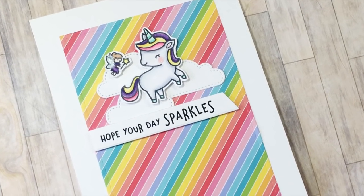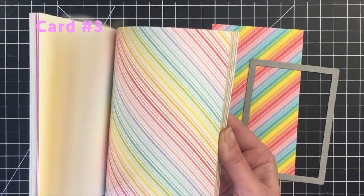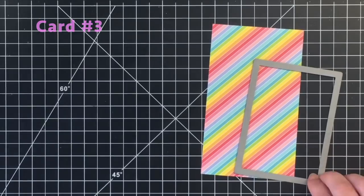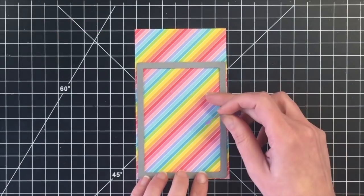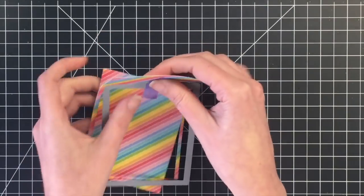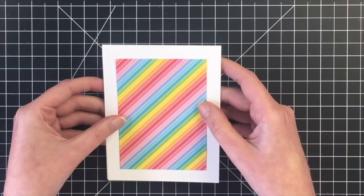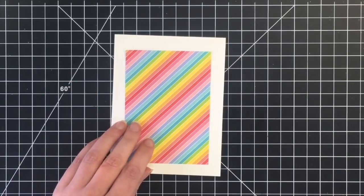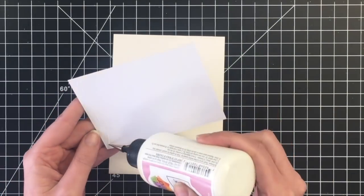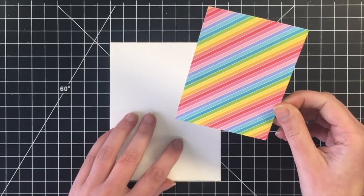And this is an example of a clean and simple card. I'm using some really rainbow paper from Lawn Fawn here. I'm going to cut out a panel for the card using a stitched rectangle die. I want lots of white space on this card, so I'm leaving quite a bit of a white border. I'm going to go ahead and adhere this down using some liquid adhesive, and then I will start creating the